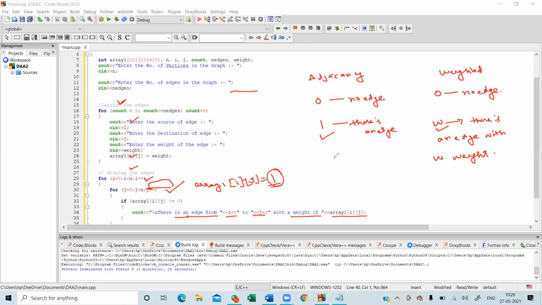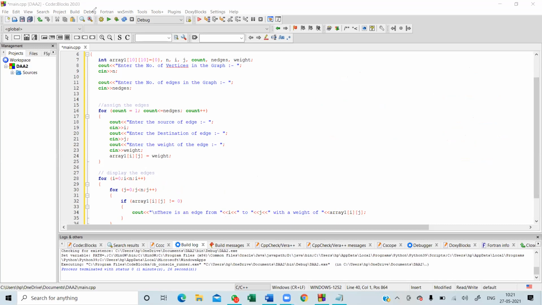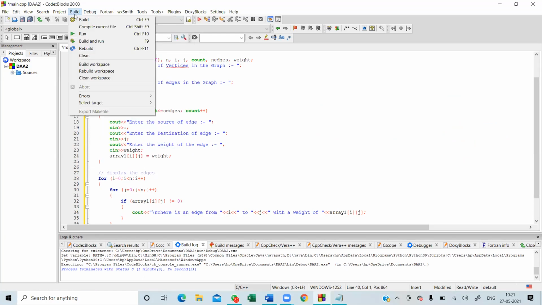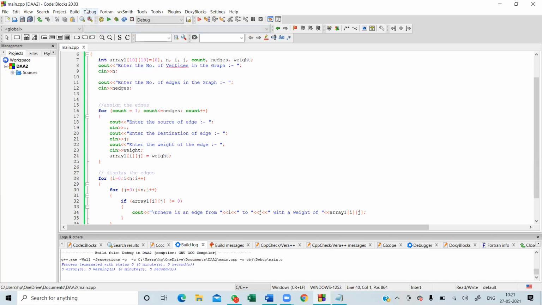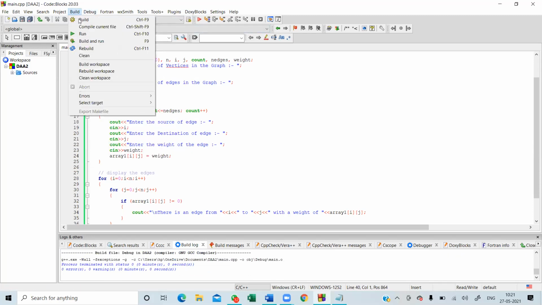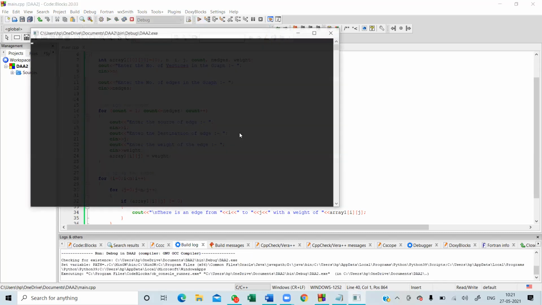So let us try and run this program and see whether we get the desired weighted graph or not. For that, we are supposed to build this code before we can execute it. First of all, let us check if there is any error or not. There is no error, and let us now build and run this program.